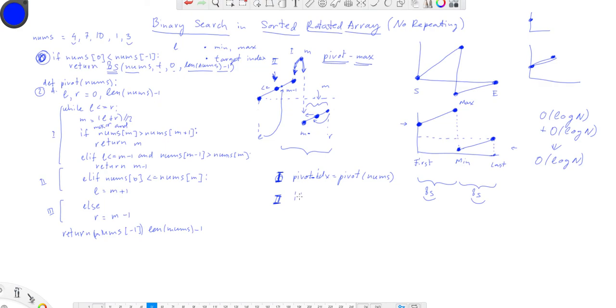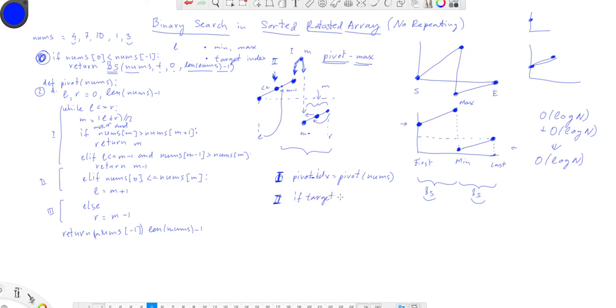Okay, so now we have a notion of a target. So if our target,